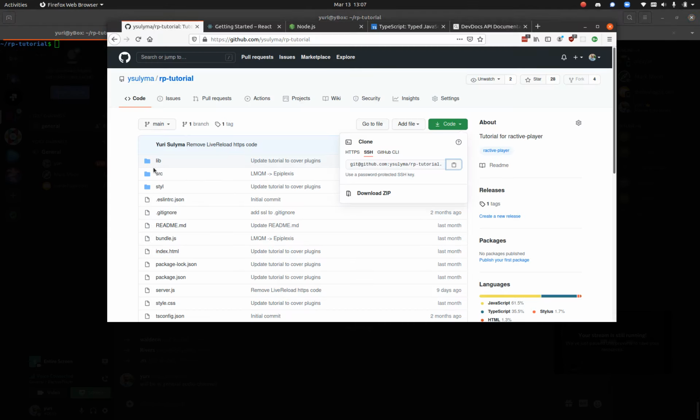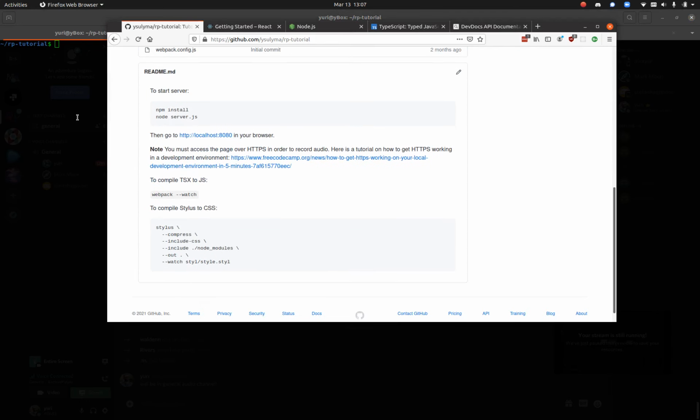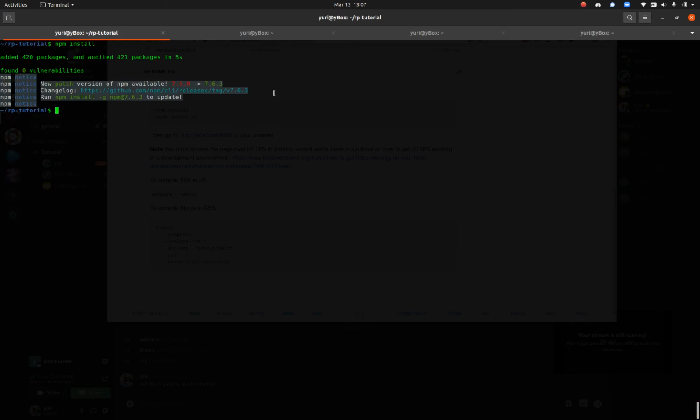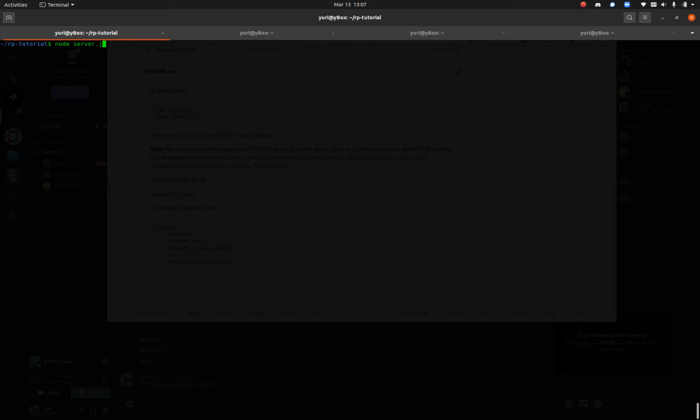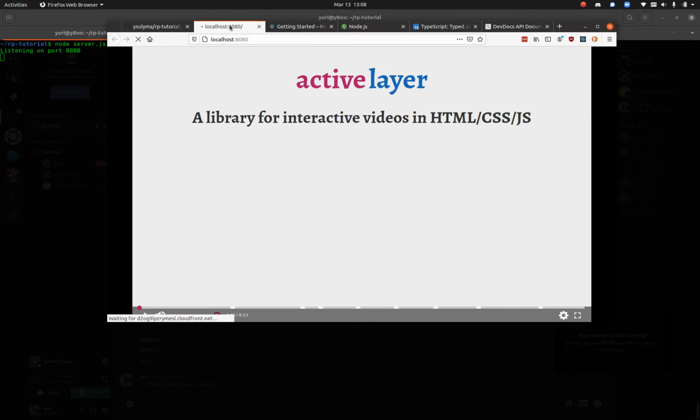Okay, so follow the instructions. npm install to install all the different packages and webpack and stuff. Now node server.js. And now if we go to localhost 8080, hopefully. Okay, so